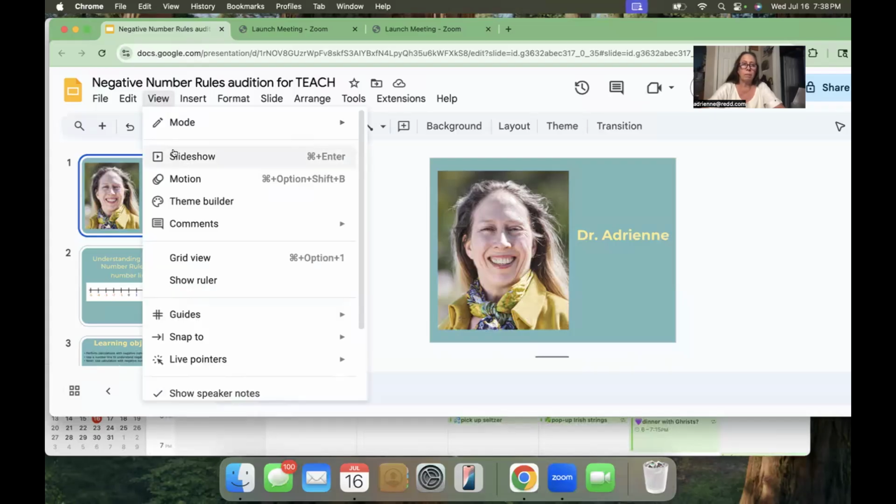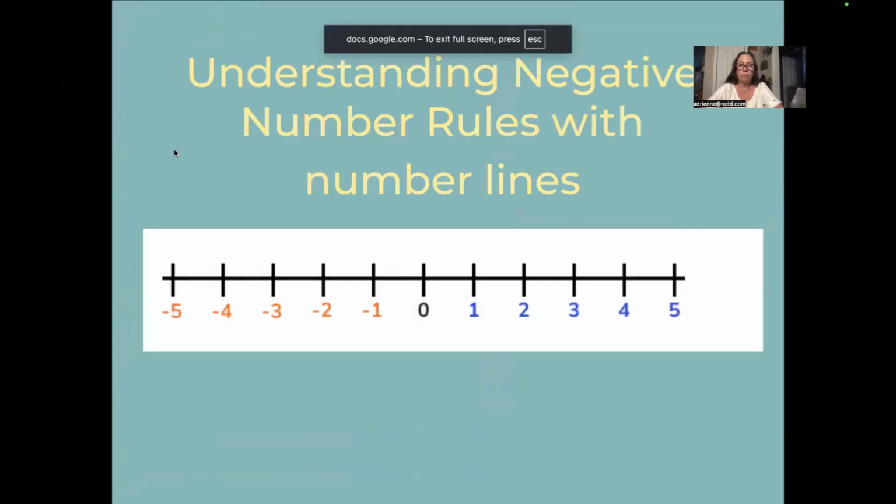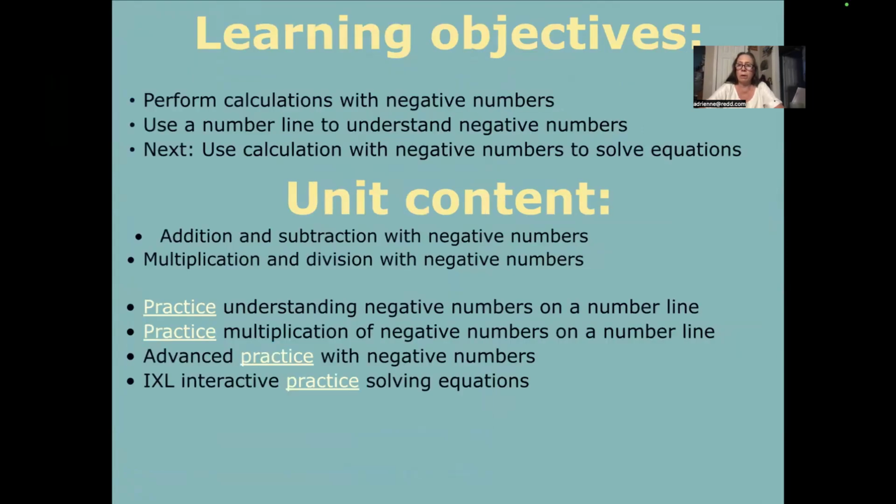Negative and positive numbers together. So I'm going to share my screen and give you a presentation that you'll be able to come back to and review what we talked about here today. We're going to use number lines to make it easier to understand what we do with negative numbers when we add, subtract, multiply, and divide. We want to be able to do those calculations confidently. We're going to use a number line to make that easier to understand. That's because when we go forward, we want to be able to accurately use negative numbers when we're solving